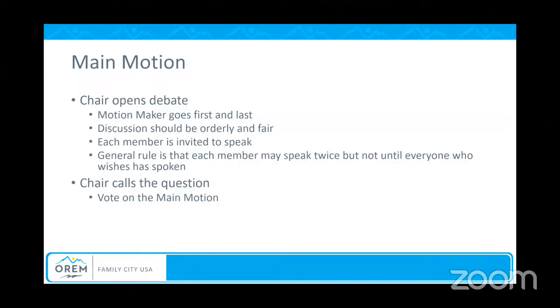decide on a time limit on something. But typically, if you want to speak more than once, you have to allow everybody who wanted to speak to go first, then you can speak a second time. Then still allow the maker of the motion to have the last word. Then the chair calls the question. We've had enough debate, and you vote on the main